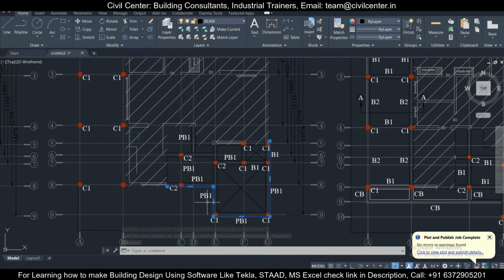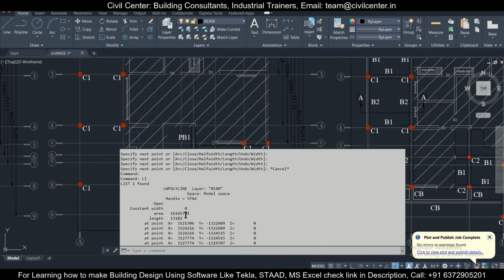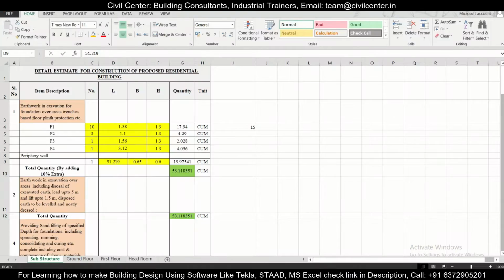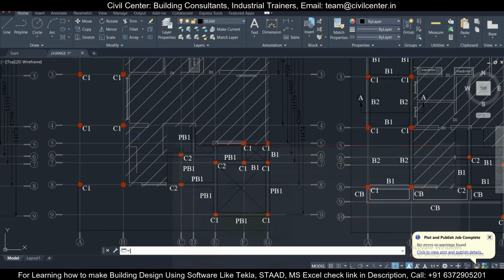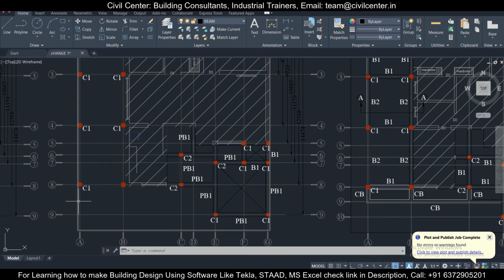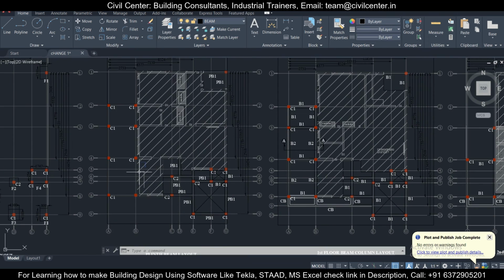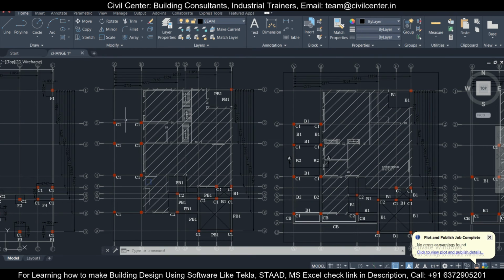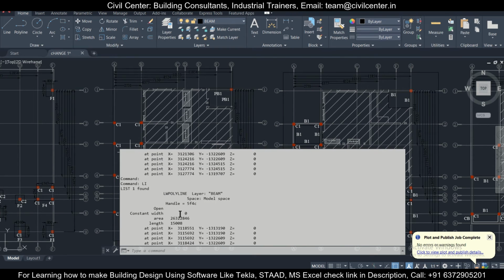To know the length, we'll use the list command, LI enter, to check the length, which will be in meters. In meters it will be 13.182. We'll keep adding that: equals 13.182 plus the second length. Select this and LI enter.